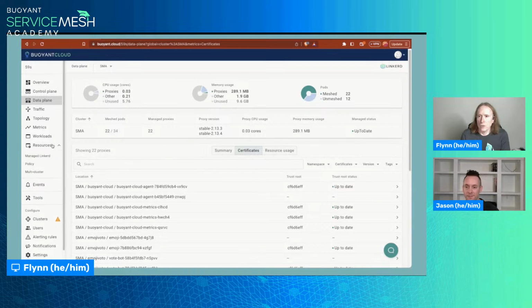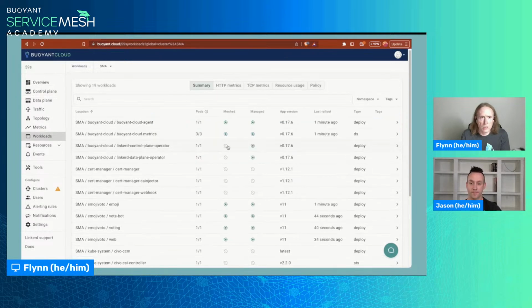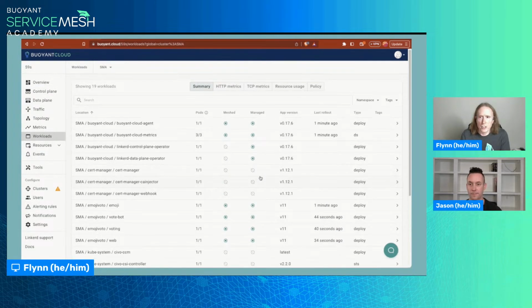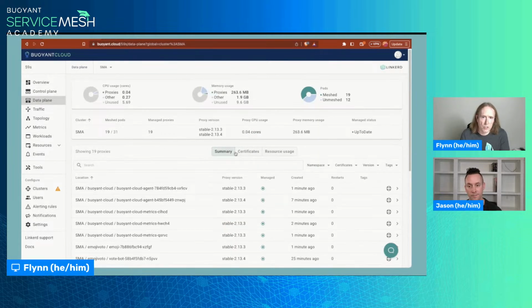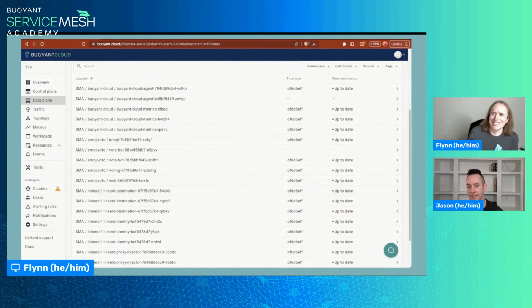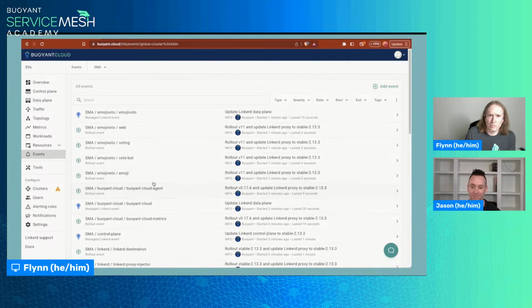There is also, in the workloads section, we get to see all of this stuff, whether it's meshed, whether it's managed correctly. Jason, you're going to have to help me out here. There is a way that I can ask it to show me if any of the trust anchors are out of date. So it'll warn you very loudly if things are getting out of date. It'll also tell you on each proxy what its certificate states are. Right. And the nice thing is it warns you before things go out of date also. Which is a huge win.